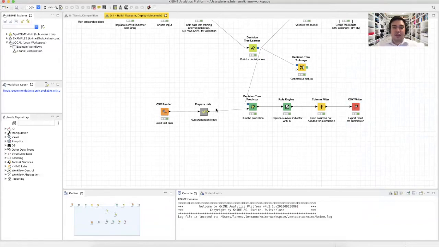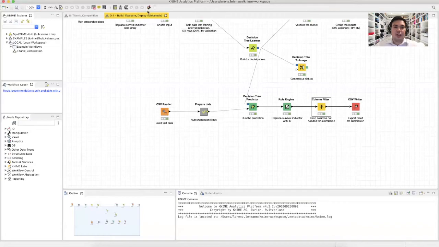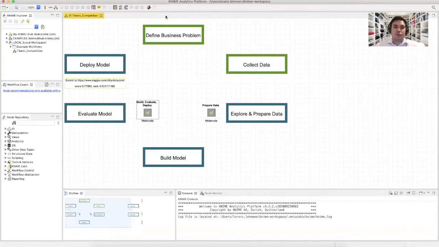So next we load the test data again with the CSV reader, run the same preparation steps, and also run the decision tree on it. We need to drop some columns, prepare the data, and then we get the output, which is the ID that we got from the input, and our prediction of whether they survived or not. So now, as a final step, usually it would be deploying the model, but here, instead of deploying it, we submitted it to the Kaggle competition,